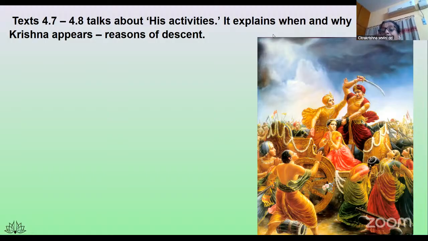He will come and see whether these devatas are doing their work properly according to the religion, according to the rules and regulations, according to the Vedas. That is why when Indra